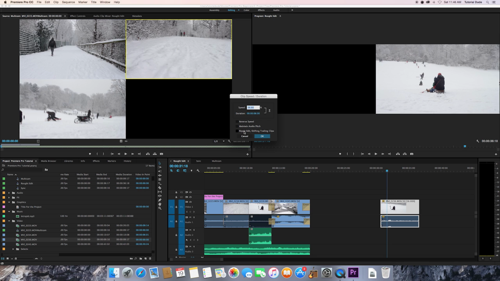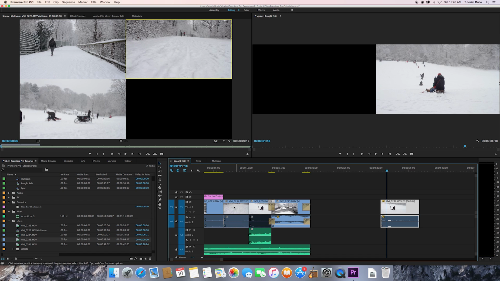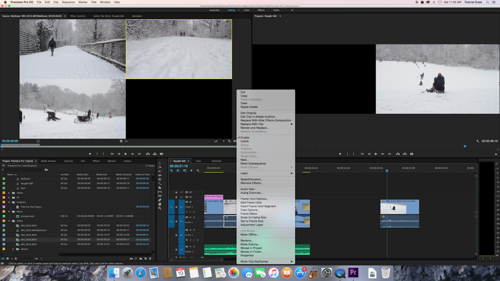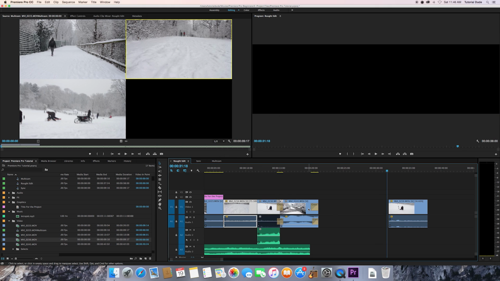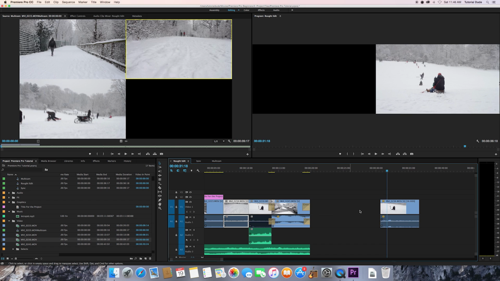This means if you're pushing something because you've slowed it down now, and it's butting straight up, like let's say in this case, right here, let's say I wanted to slow this down, right, by 75%. It's going to be longer, which means that it's going to need more room in the sequence. If I hit ripple edit, shifting trailing clips, it's going to push those forward, and that's what we would want in this particular case. So back to this one here. If I play through this now,